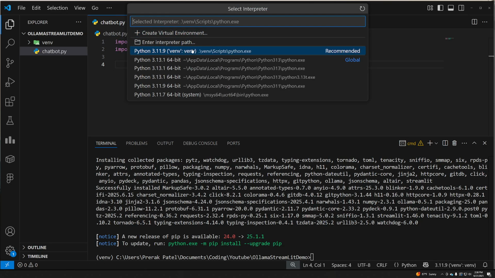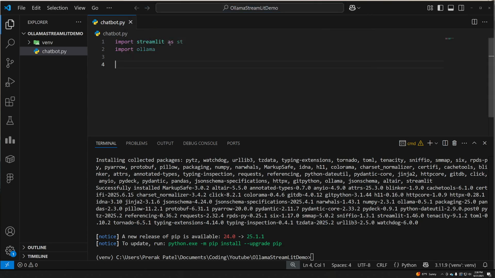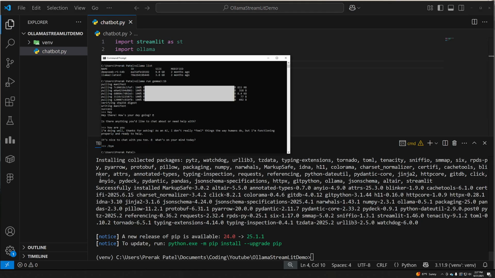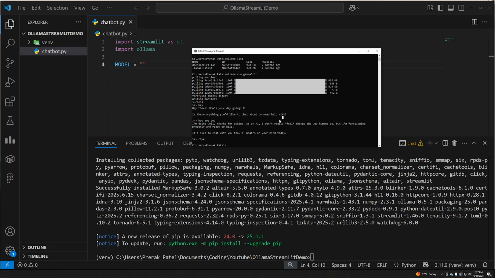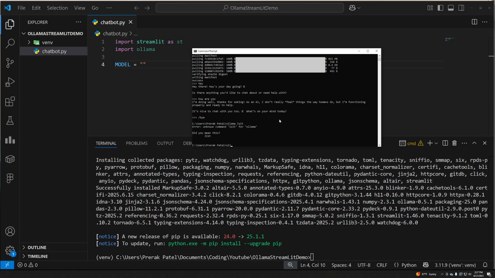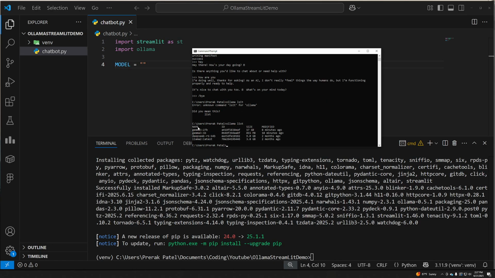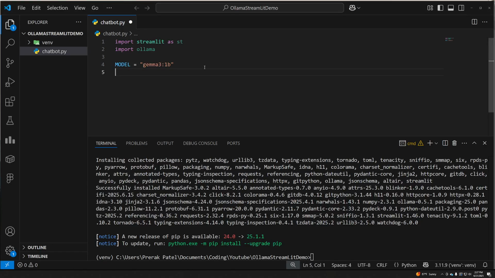I have the virtual environment selected, so it's able to recognize that I have these libraries installed. And let's define our model. We'll define the model through the command prompt. So let's do ollama list. I have the following models installed. Let's go ahead and do gemma3:1b since we installed that together, and let's get started.